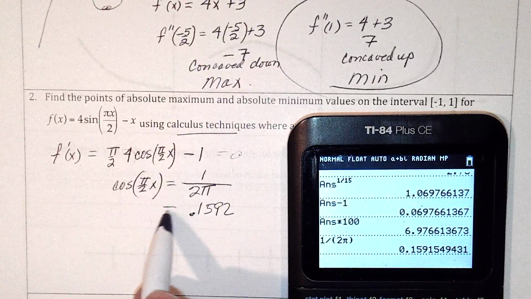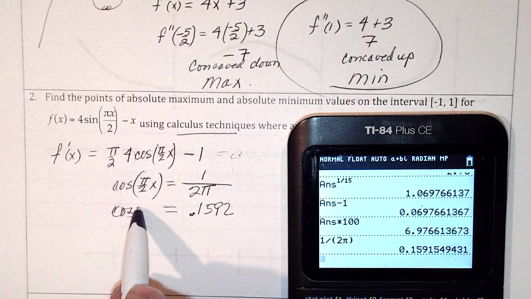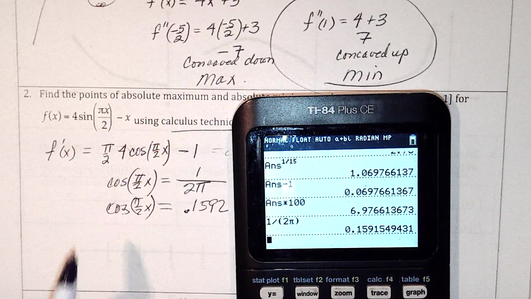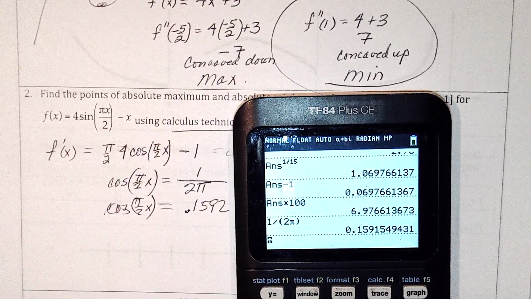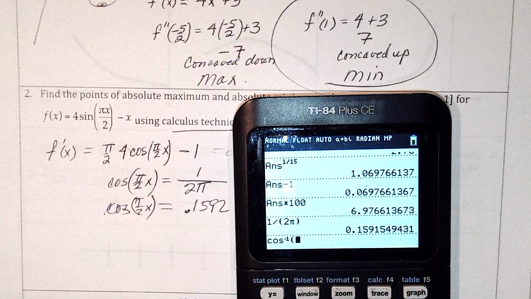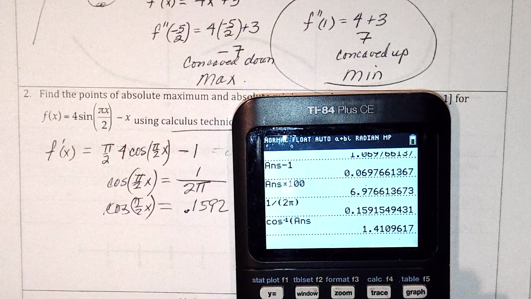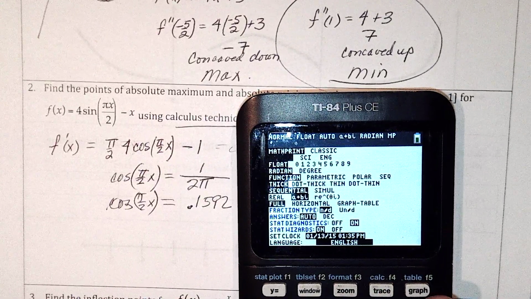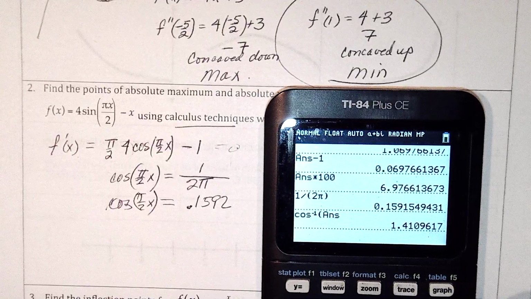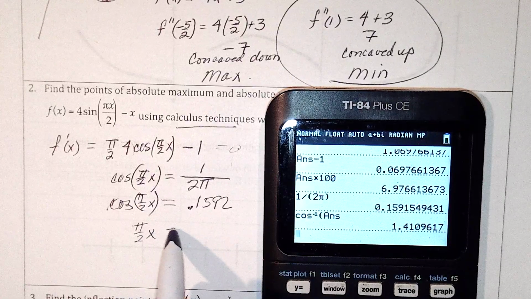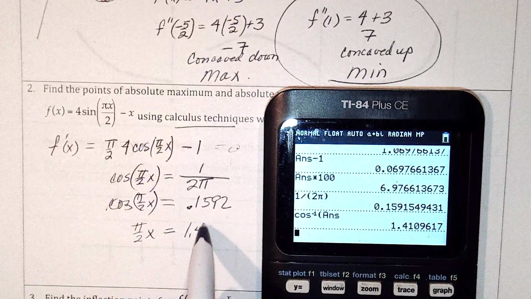0.1592-ish rounded for cosine of pi over 2x. So now I have to get rid of the cosine. I've got to go cosine inverse of that answer. And I get, let's see, make sure my mode is in radians. Yep. So I get pi over 2x has to be 1.41